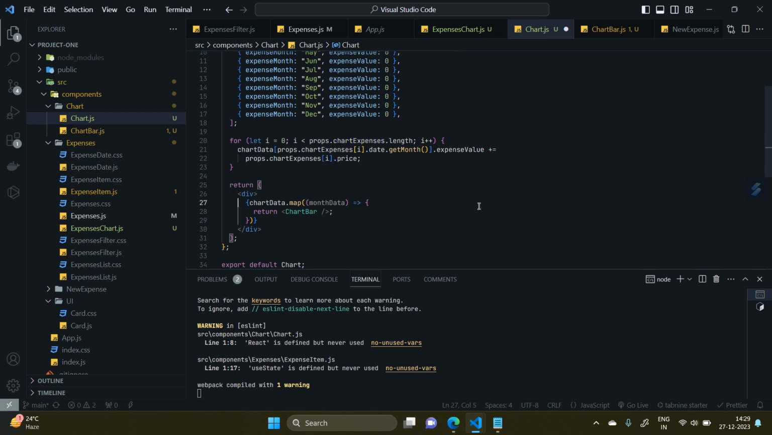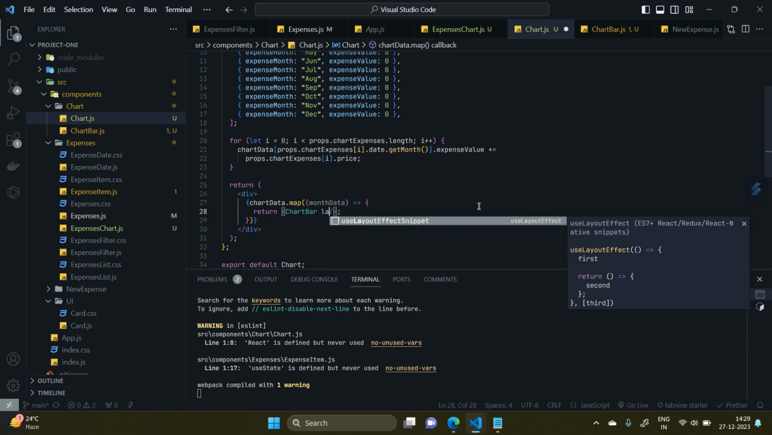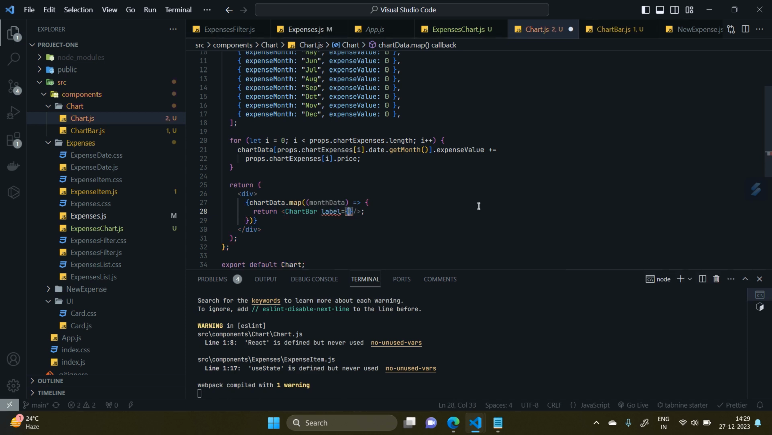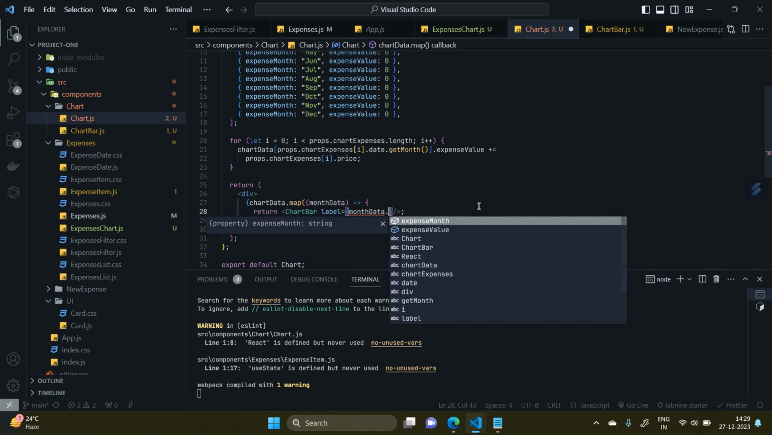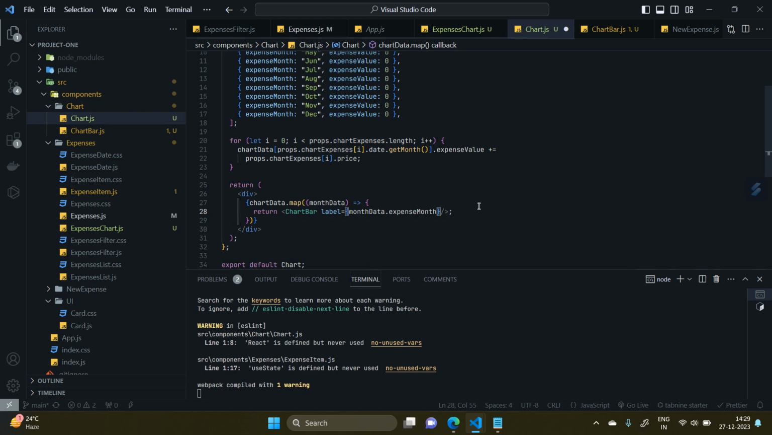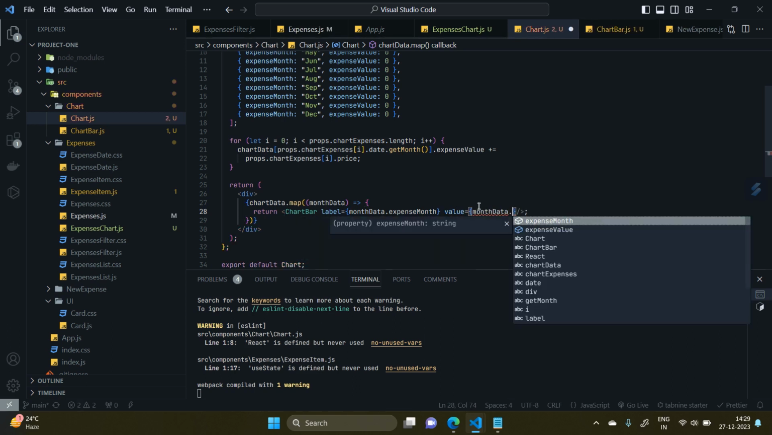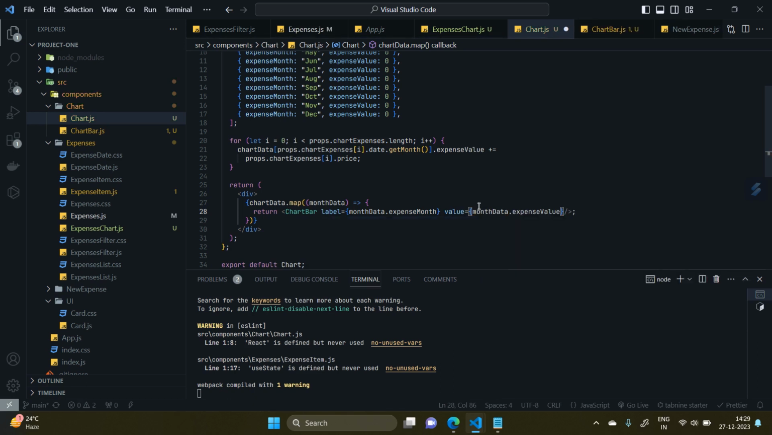Okay, I'm mapping to the chart data. Let us pass this value. So my chart bar should, first of all, have a label of the month. Let us create an attribute of label, and let us pass to it month data dot expense month. Okay, this is the label. And then I want to pass the expense amount. Let us call it value. Let us give the attribute name value, and this would be month data dot expense value. So now expense value is passed to the chart bar component,